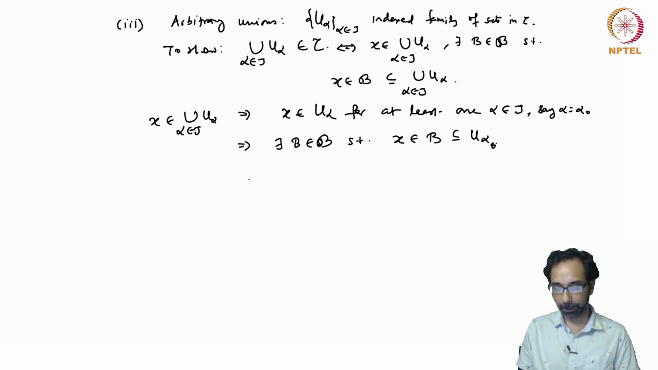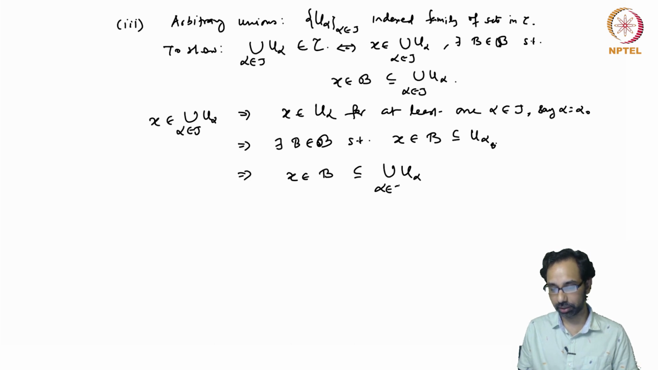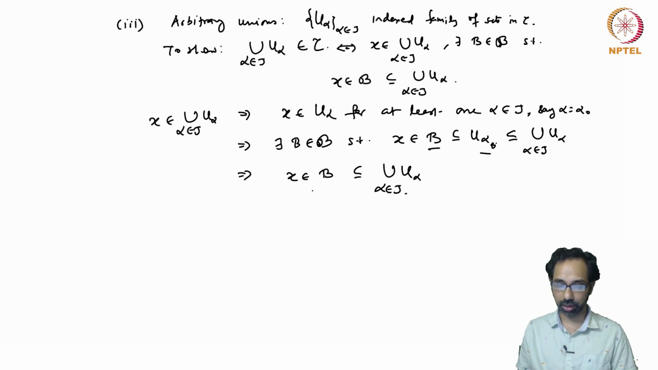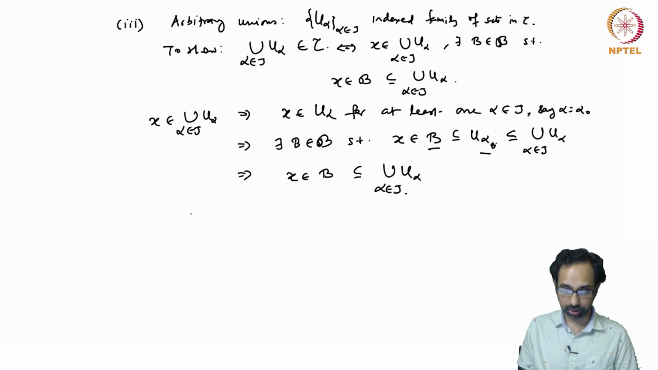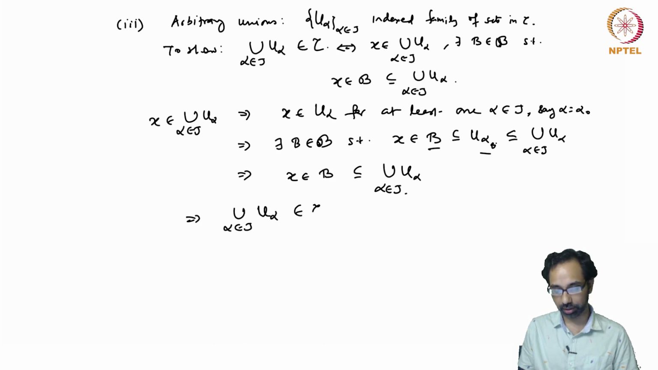Okay, so now we have found this basis set, and of course this also implies that X belongs to B and it is a subset of the union of these U alphas. Because B is a subset of U alpha naught and U alpha naught itself is a subset of this arbitrary union, so X is in B and B is a subset of the arbitrary union. So this implies that the union of U alpha is in tau, and this concludes our proof that tau is a topology